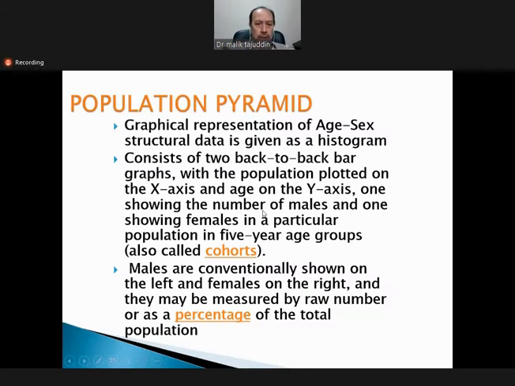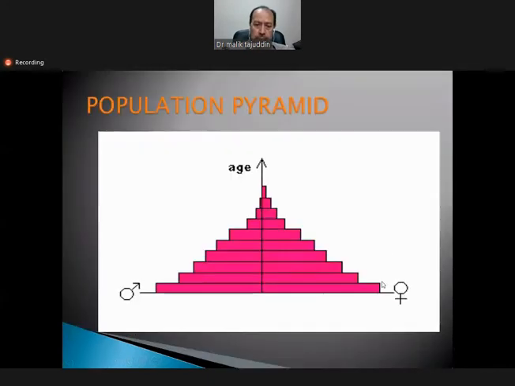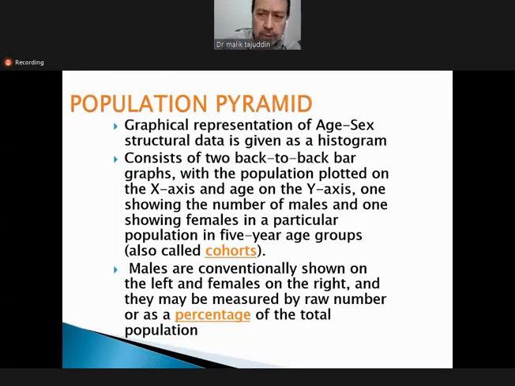One showing the number of males and one showing the number of females in a particular population in 5-year age groups. And this is also called a cohort. Now see, this is a 5-year age group. This is again 5 years, 0 to 5, 5 to 10, 10 to 15. And cohort means a group of people. So this is the term being used